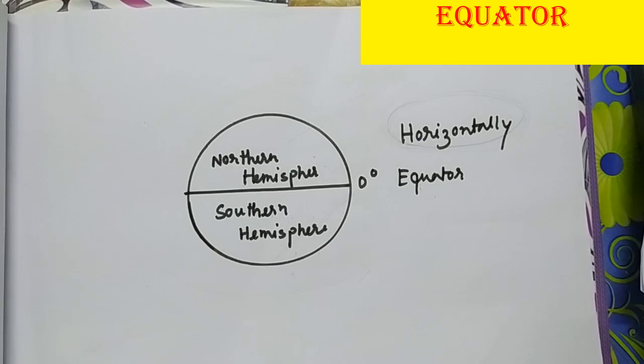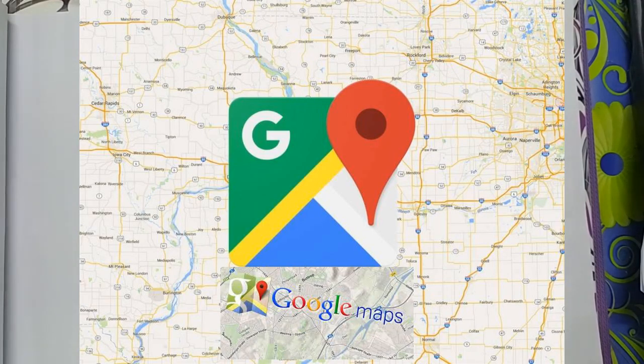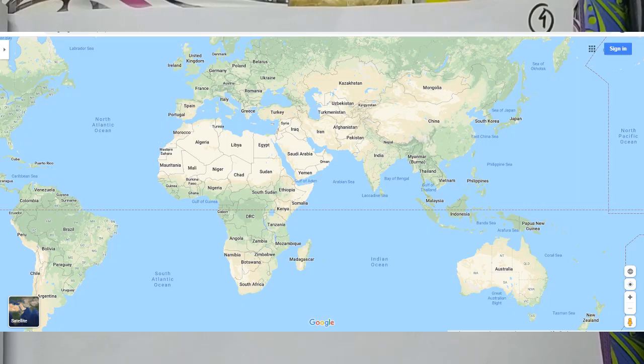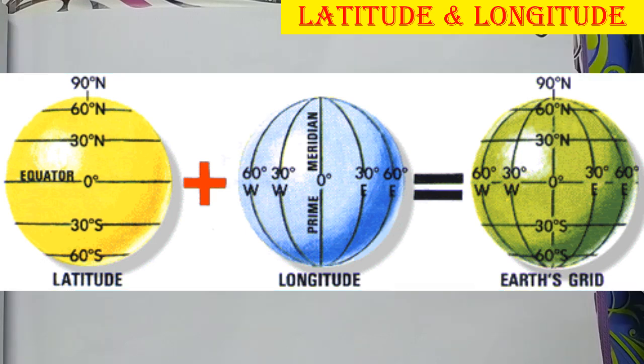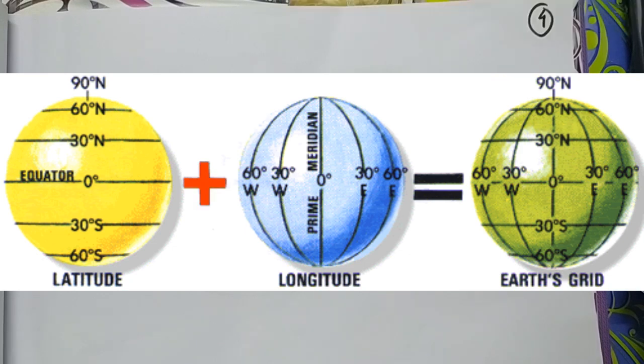Have you heard the term Google Map? You know how Google Map works? Google has some numbers stored inside it. Just like our house has a certain address, similarly Google Map has stored so many numbers for every place. So whenever we mark a place in Google Map, it pulls out a unique number for that particular place. So what are these unique numbers? These are latitudes and longitudes. Now we are going to discuss latitudes and longitudes.